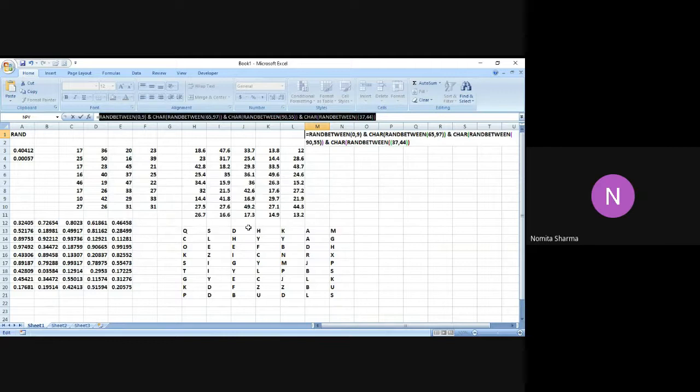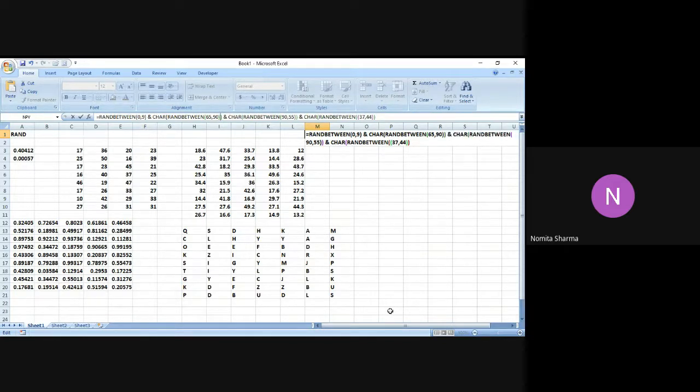Again, there is a problem, so that's okay. Let me check one more time. So we have RANDBETWEEN bracket 0 comma 9 and CHAR bracket RANDBETWEEN 65. Let me mention this as 0, but it doesn't really matter.